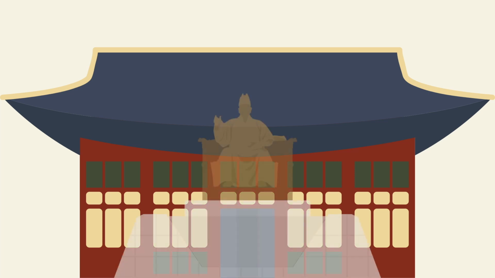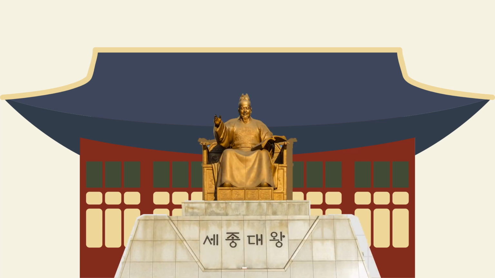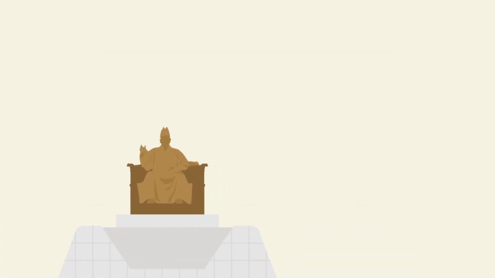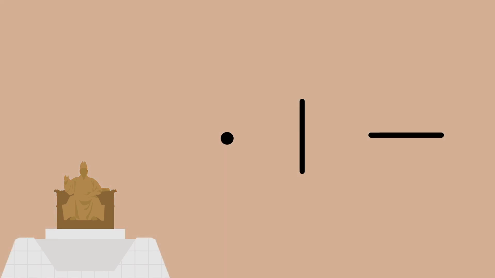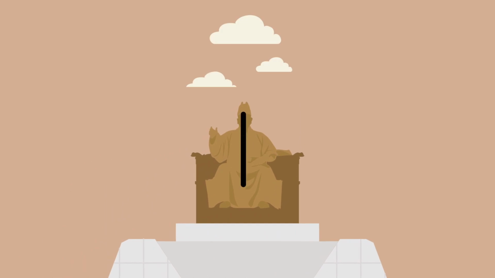In the 15th century, King Sejong the Great invented Hangul, the Korean alphabets for his people to read and write. With the trending philosophy Confucianism, he used dots and lines to make vowels. Well, long story short, humans, the vertical line, harmonize in between the sky, the dots, and the earth, the horizontal line.